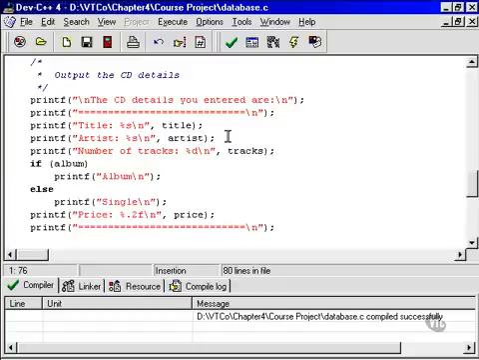Okay, we're going to use that as the basis for the next chapter's course project exercise, which you'll see in a very